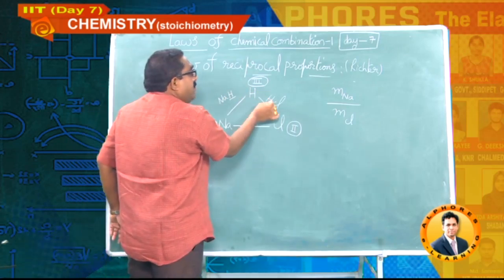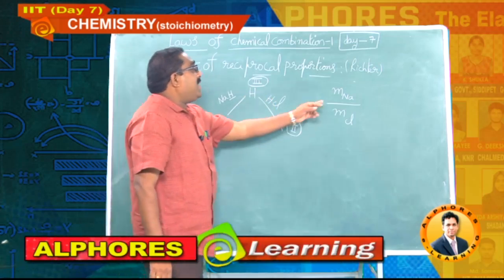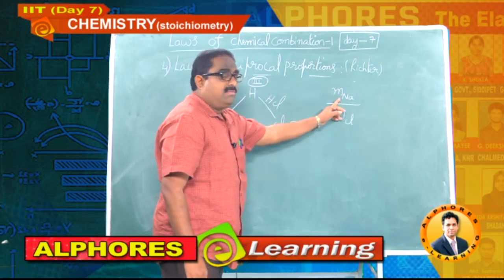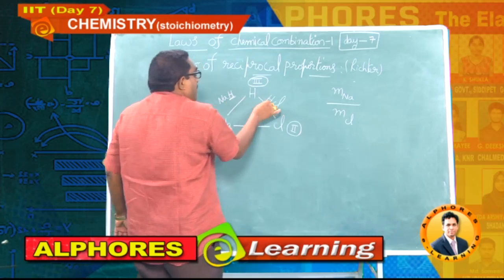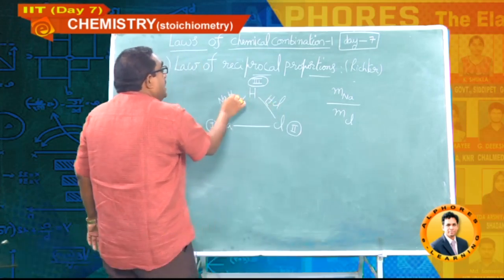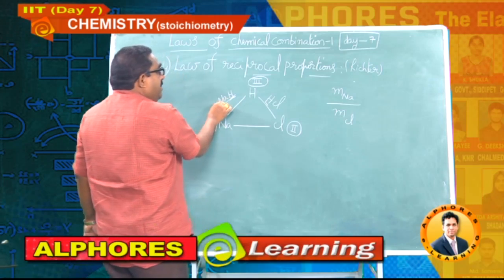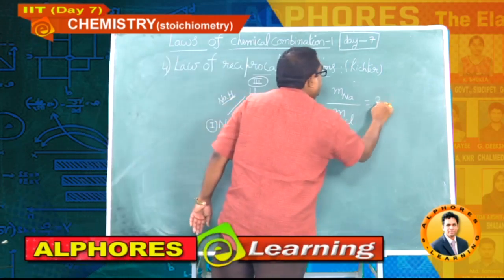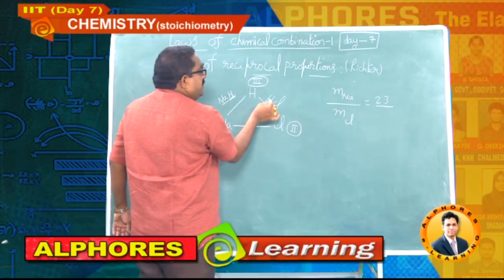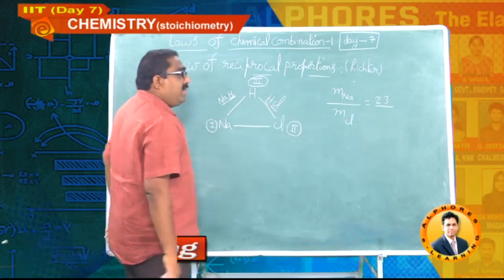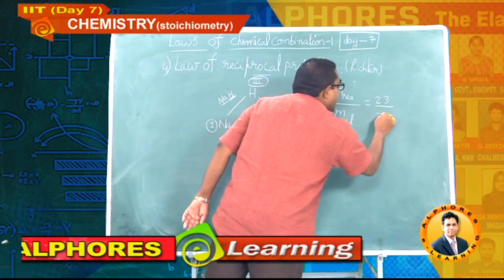Here chlorine also combining only with 1 gram of hydrogen. From the formula you can say, so mass ratio of first two elements, mass of sodium divided by mass of chlorine, for the fixed mass of third element, 1 gram of hydrogen. So with 1 gram of hydrogen, what is the weight of sodium combining here? What is the atomic mass of sodium? 23. Here in this compound with 1 gram of hydrogen, 35.5 grams of chlorine is combining, because atomic mass of chlorine is 35.5. Same mass I am writing here, students.